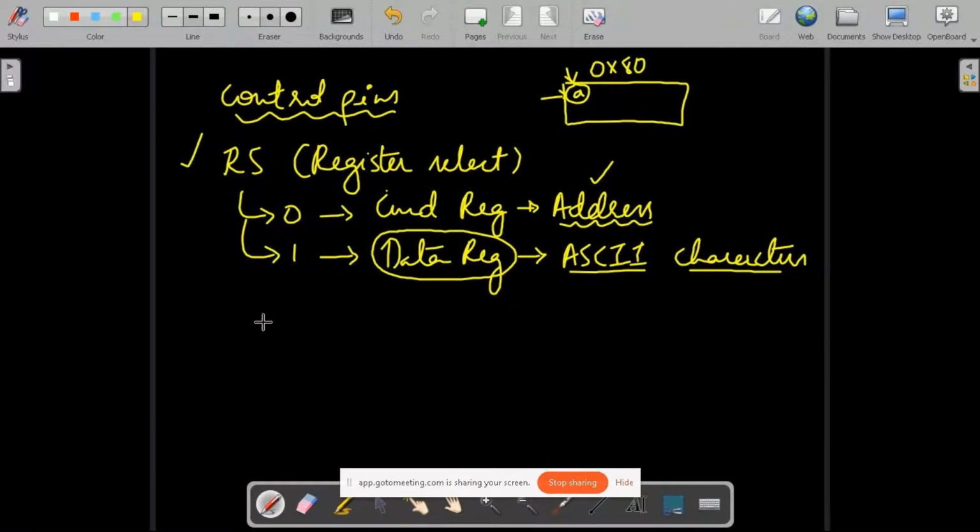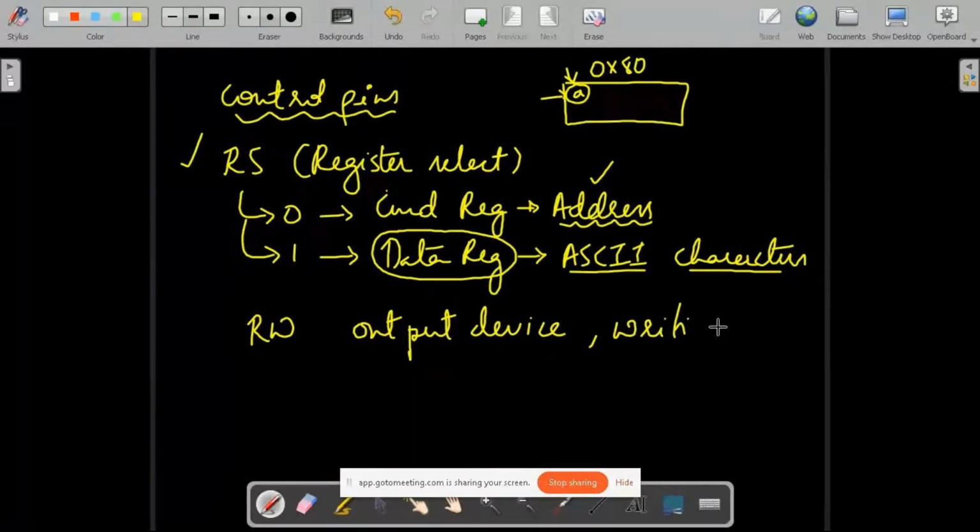And the next control pin is R bar W. Here the LCD display in most of the cases acts like an output device to which we will be writing data. And because we are trying to write some data, out of R and W, I specifically want it to be in write mode.